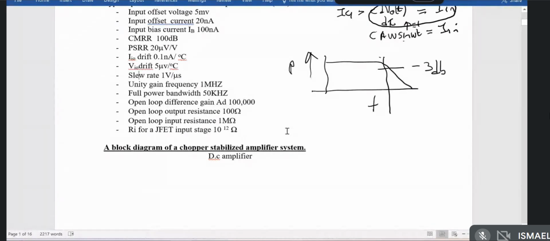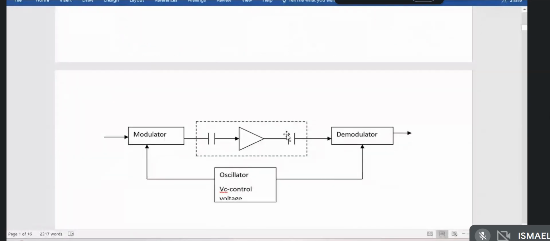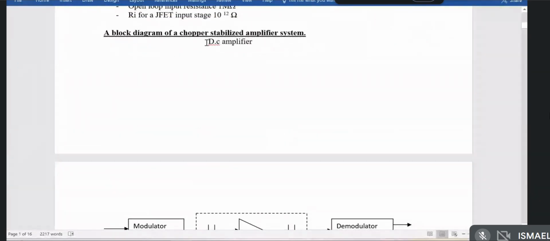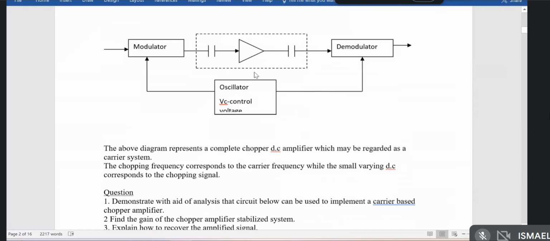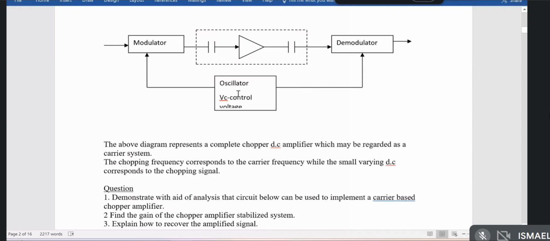Okay, so let's consider the block diagram. This is a block diagram of a chopper stabilized amplifier. The page has shifted because I put some things which were not there before. So this is how the complete amplifier system looks. Your modulator, your AC amplifier, your demodulator. Then you have your oscillator, which drives the square waves. So these outputs are in synchronism. If this one goes high, this one should also go high. If it goes low, they should also go low. So that's a typical block diagram of